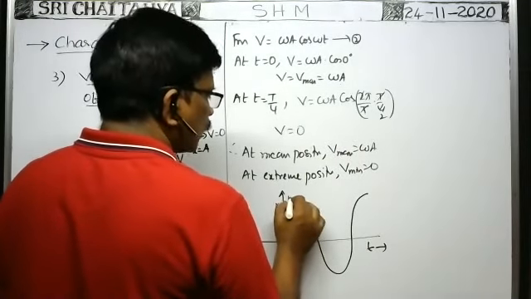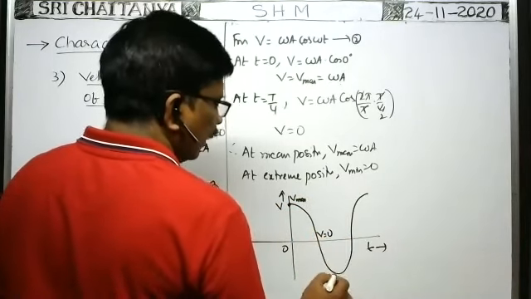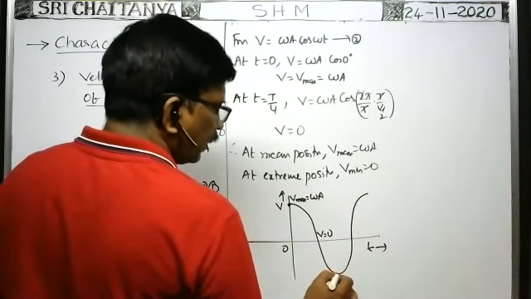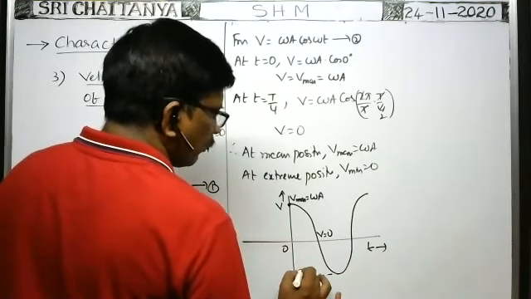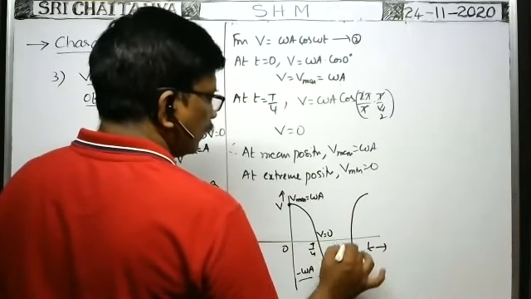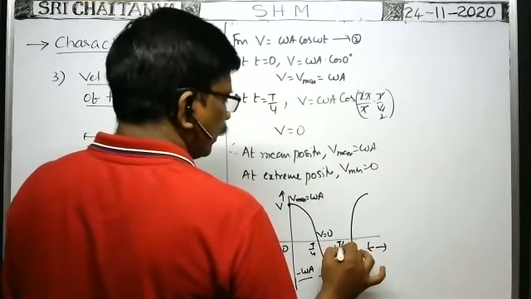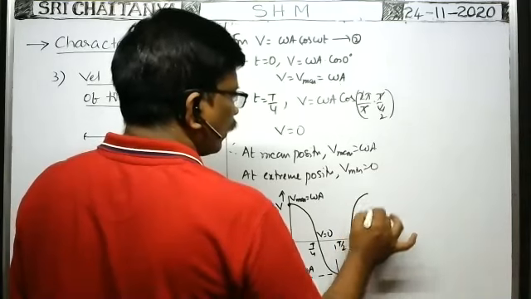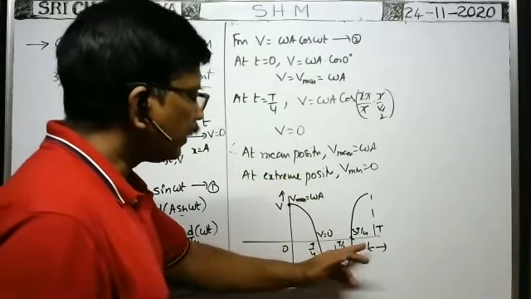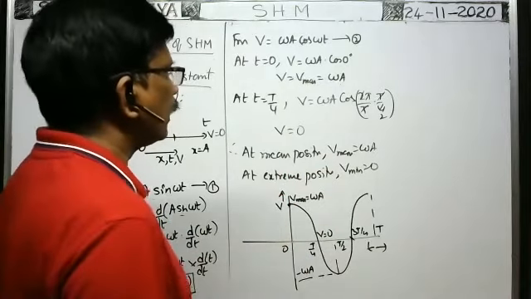So here it is the maximum velocity v max. Here the velocity is equal to 0. And here the maximum velocity is equal to omega a. Here it is 0 velocity, which is the minimum. And here the velocity is maximum only, but in the opposite direction. That's why you get minus omega a. The time taken is T by 4. Here it is one more T by 4, which means T by 2. It is 3T by 4, and it is T. So from this graph, the velocity of the particle in SHM varies with time according to the graph like this. Okay.